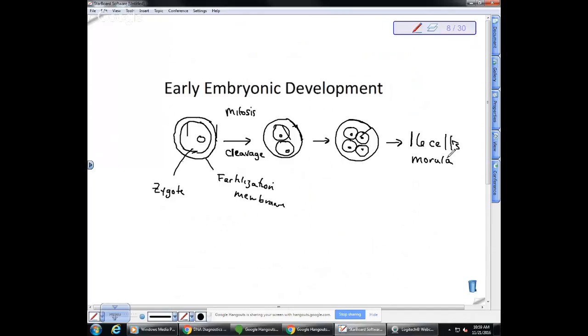Okay. Now what is going to happen is that the cells are going to start to migrate to the outside. So we're going to get an embryo composed of many cells, and there are going to be cells on the outside, and these have a specific name. This is what is called the trophoblast. So these outer cells are called the